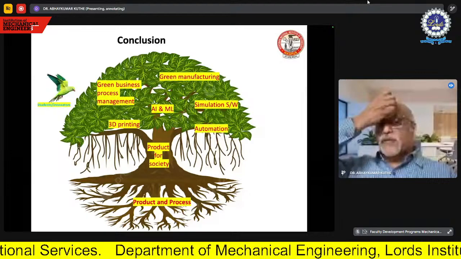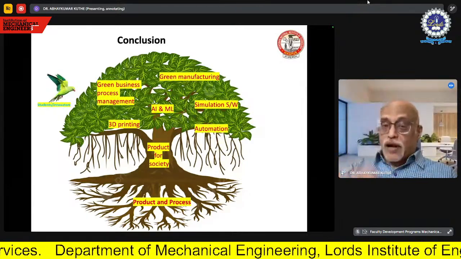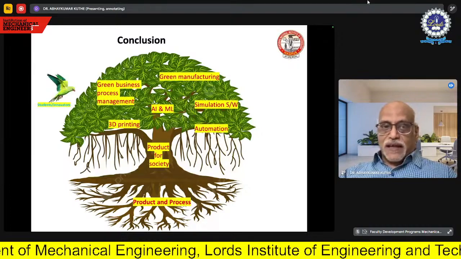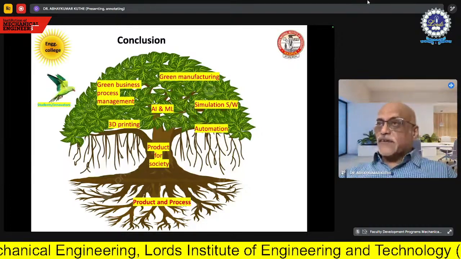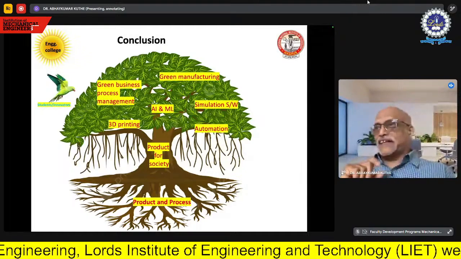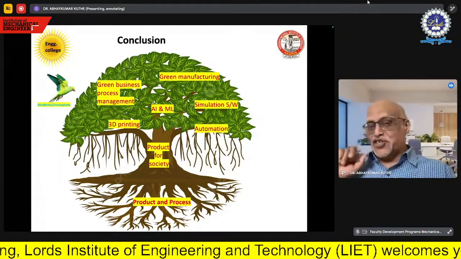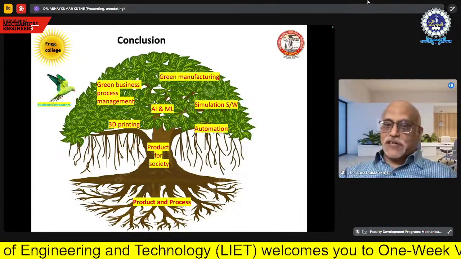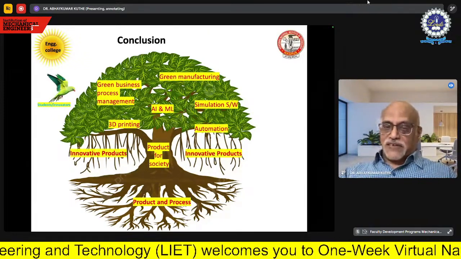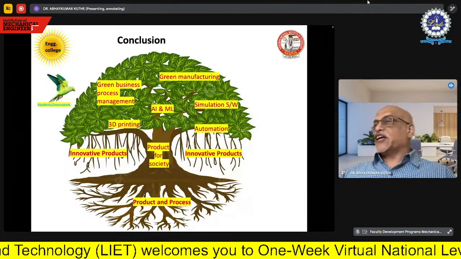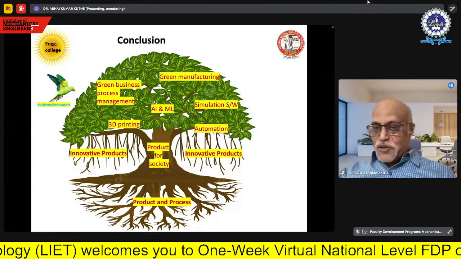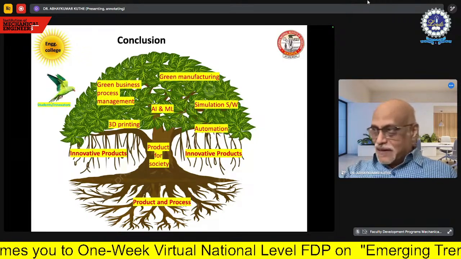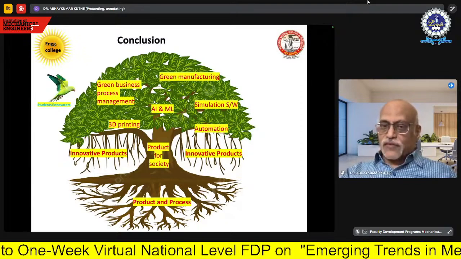All these things, if at all we can use in the product for society, with the students and innovators coming together, it will be possible for us only with the engineering colleges. And that's how I'm showing it here, the sun as the engineering colleges. And if that is possible, then, as in the banyan tree, the roots come out from the branches. So we say that that is nothing but the innovative products. So these innovative products will be developed, and ultimately they will again go back into the system for the society.